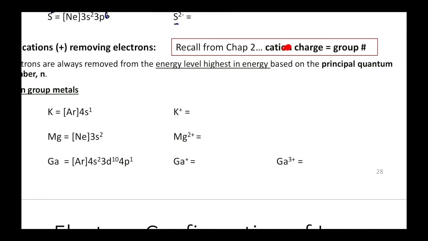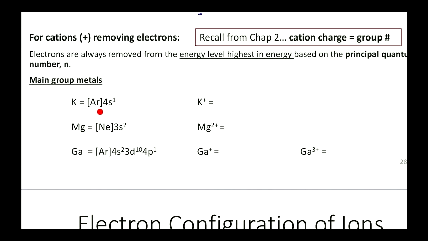Easier to see how we remove electrons. Remember our rule, cation charge is group number. So for potassium, you can clearly see how many electrons is it most favorable to remove. Just one. So that's why we see that K plus has a noble gas configuration of argon, versus magnesium will lose 2 because, again, small ionization energies there. So it'll only have neon. And so the last one here,